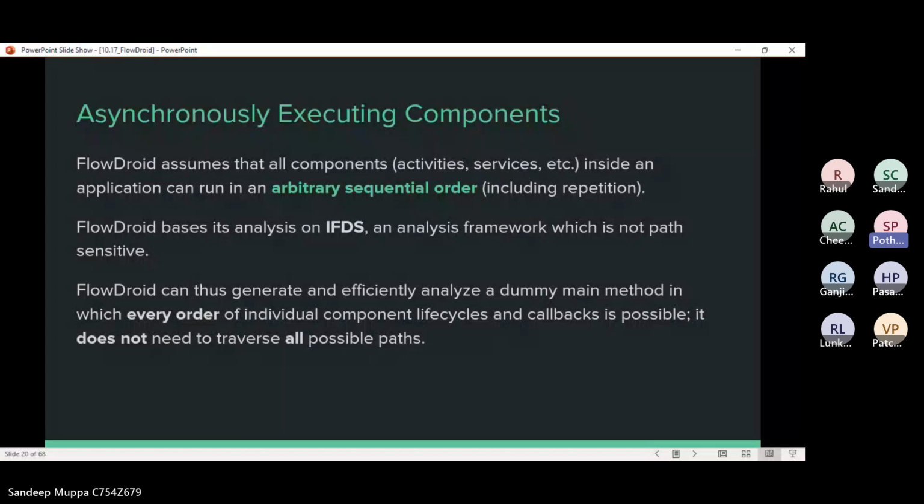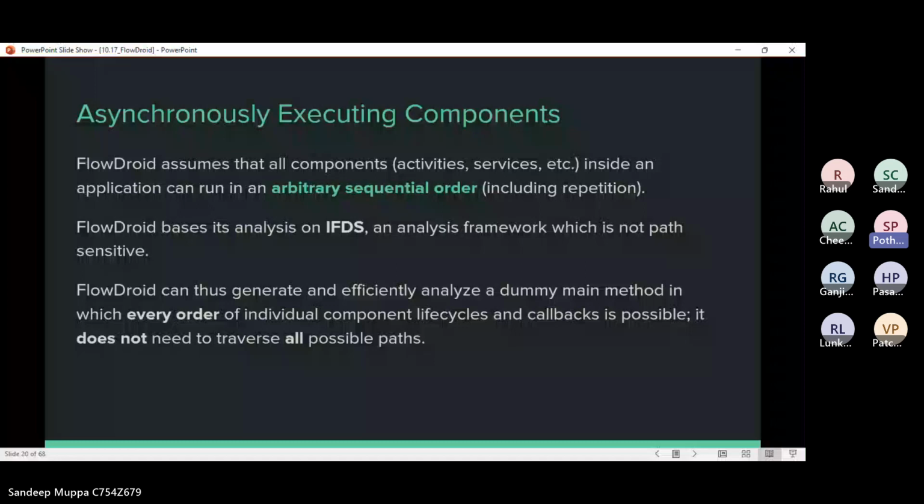FlowDroid is not path sensitive, so it can be efficiently analyzed. It generates a dummy main method that covers all possible ways, for all the components and all the lifecycle. This approach eliminates the need to traverse all possible paths individually.